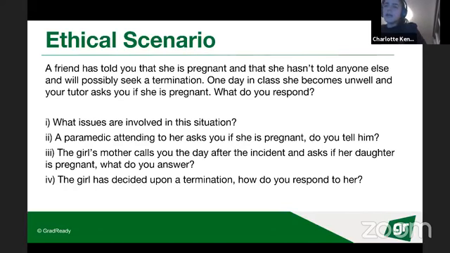And then once you've acknowledged that, you can go on to exploring the intricacies of it a little bit. So you could say, maybe I just want to make sure that she's considered all of her options properly and that she was accessing information from the right kind of source.